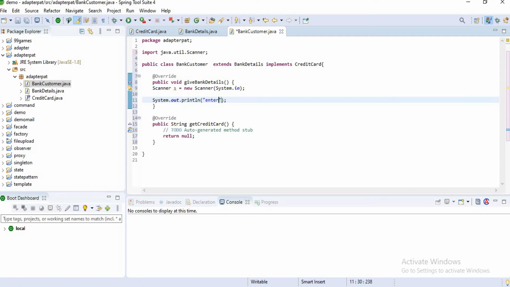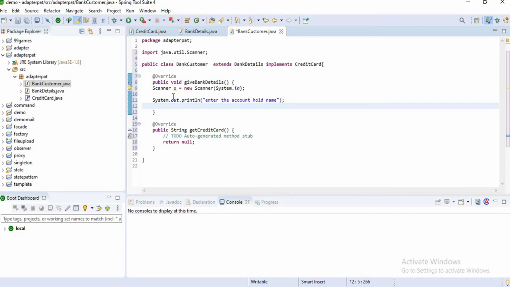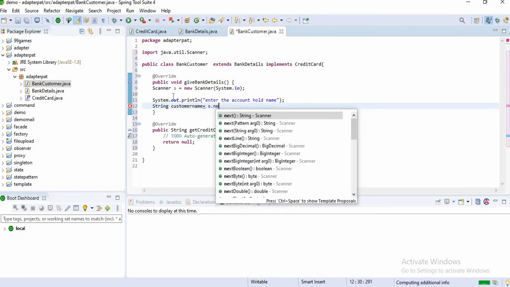I want to create a message here. I want to print a message like enter the account holder name, and here I want to give a String which is nothing but customerName equal to s.nextLine().